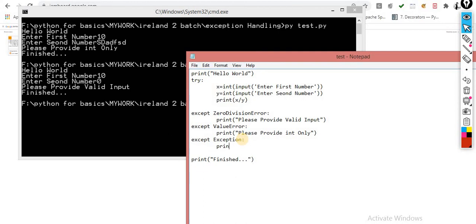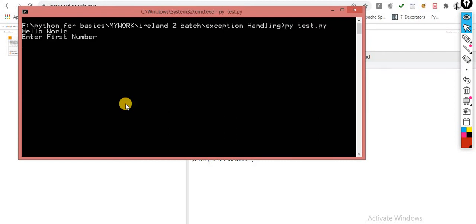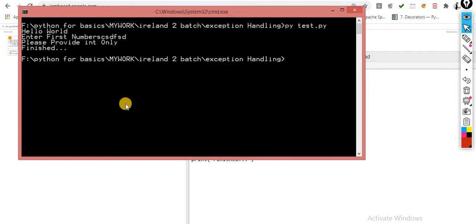So print, you can simply say please check inputs. Let's suppose this works or not. So let's suppose I write this.